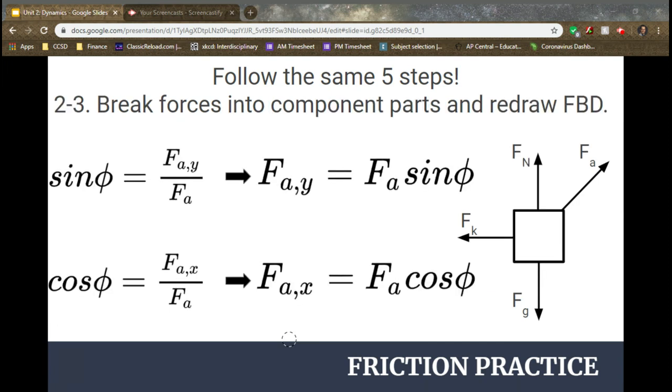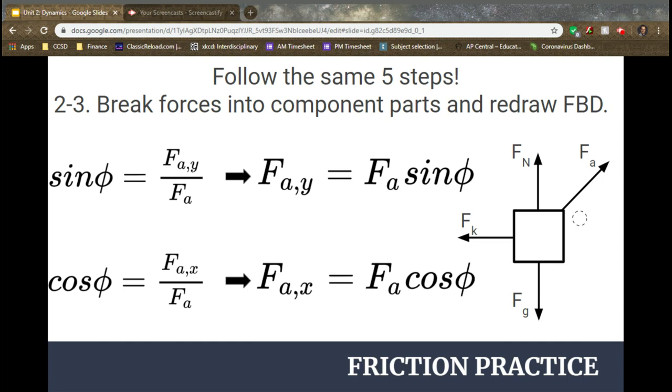So you're going to need to break that up into component parts. So here is how you would break your applied force into component parts. Since I have 3 forces that are all going with my normal coordinate system, I chose to leave it the same. I know for one of the other examples, we rotated it,